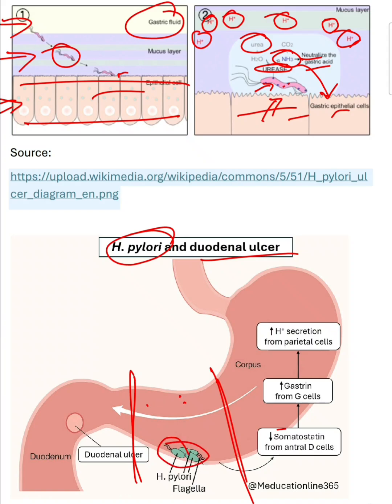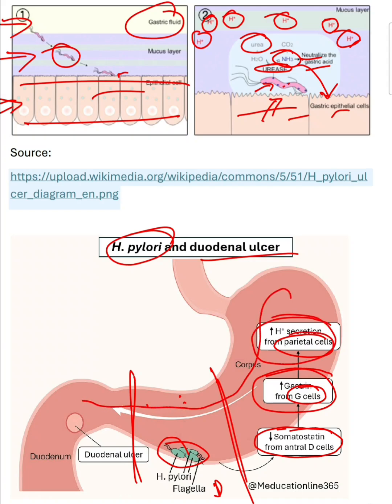This chronic infection would destroy the D cells here, so there will be decreased release of somatostatin, and that's why the inhibitory effect on the G cell is gone, so they will secrete more and more gastrin, and this gastrin can stimulate the parietal cells to increase acid secretion, and this acidic content, when it comes to the duodenum, can damage the duodenal mucosa and cause duodenal ulcers,